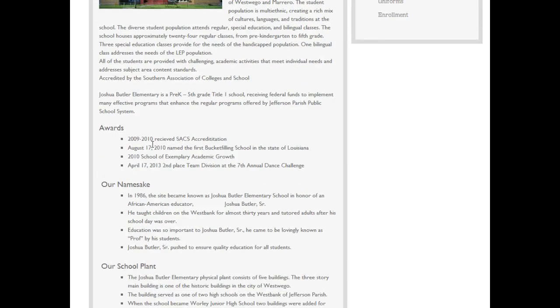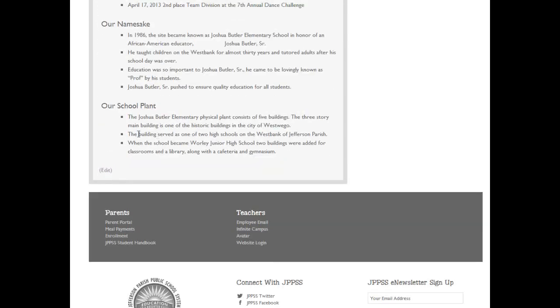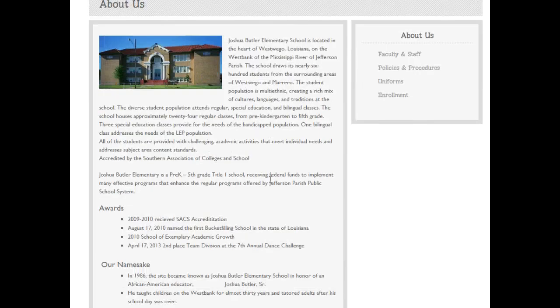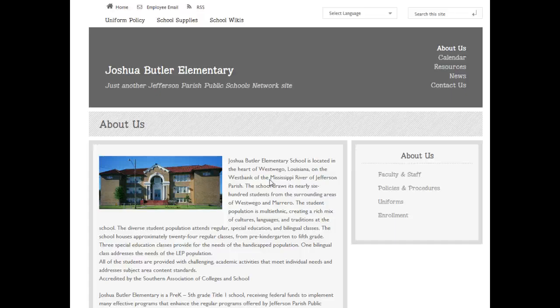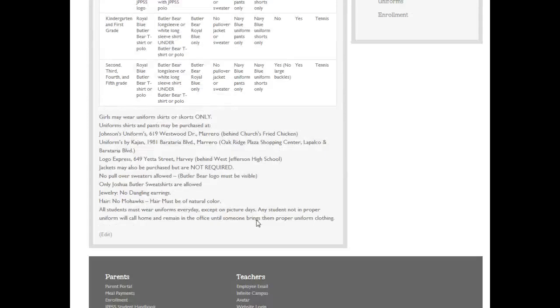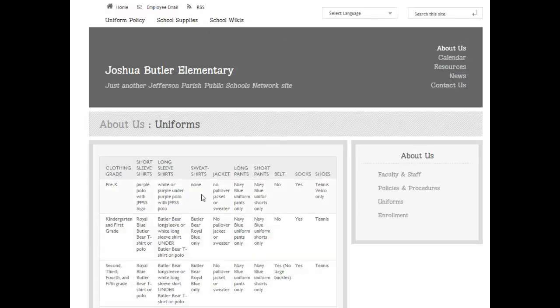And then they use bulleted lists to give additional information with headings and header fonts. Okay, so you can see that they've actually taken the time to lay out this information as opposed to simply copying and pasting it on the page. Another great example from the Butler site is their uniforms page. If we go to the uniforms page, you can see that they've used the table shortcode to create